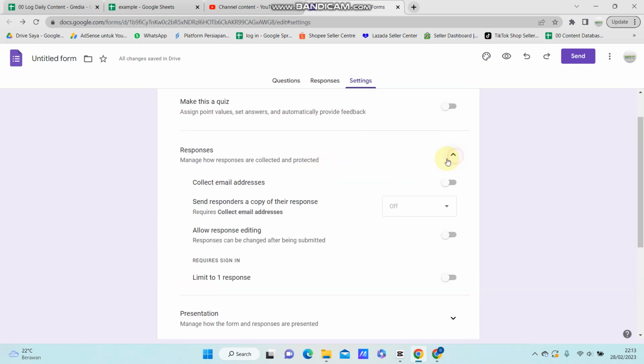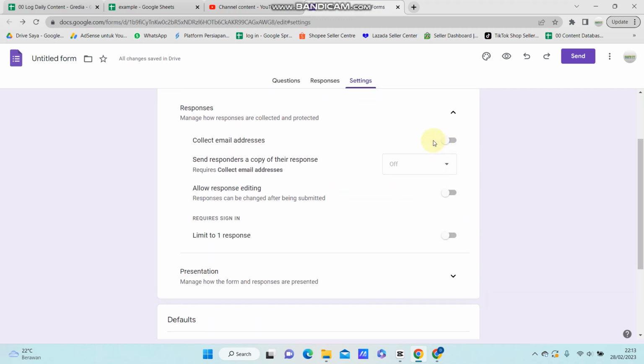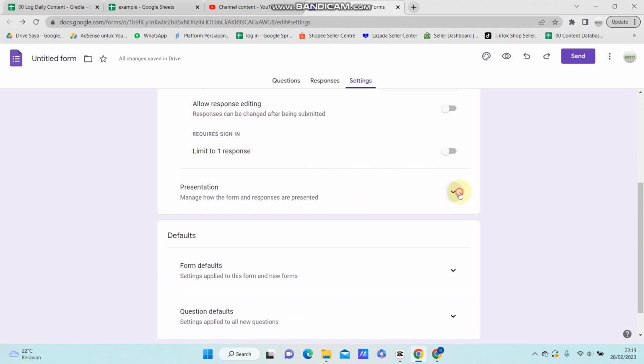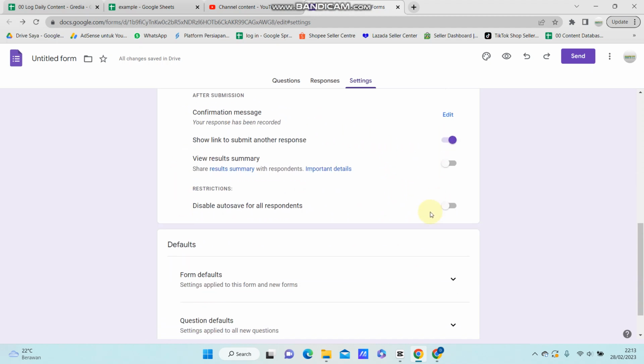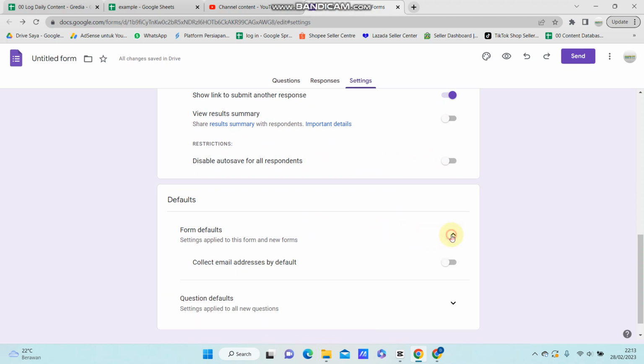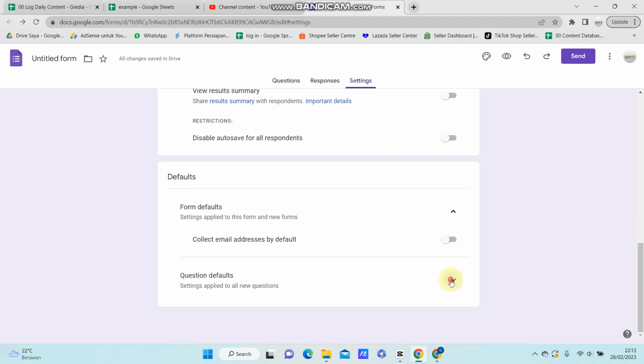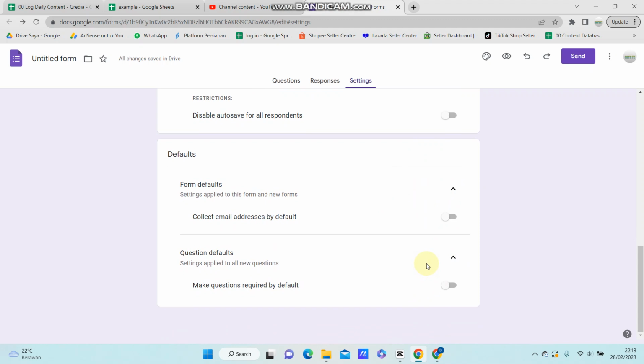For the responses you are just going to turn off all the options here, and for the presentation, just turn on the option to submit another response, and the other one just turn off. So for this option 2, you just turn off, and you can try to fill your Google Form